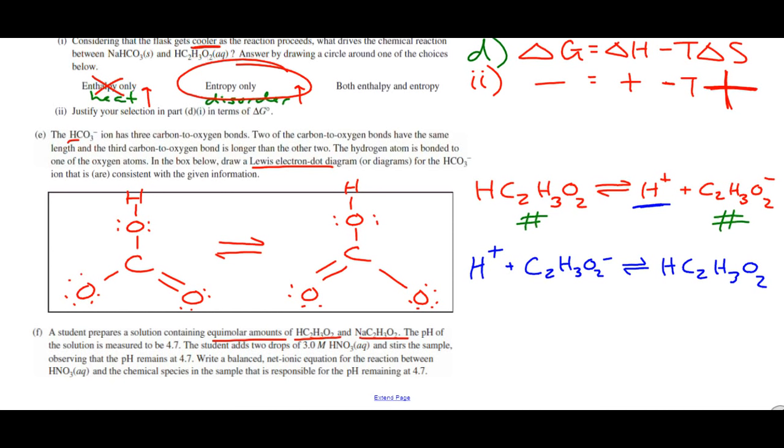So that is an overall review of some problems that go over thermodynamics, kinetics, and equilibrium problems for big ideas number 4, number 5, and number 6 for the AP